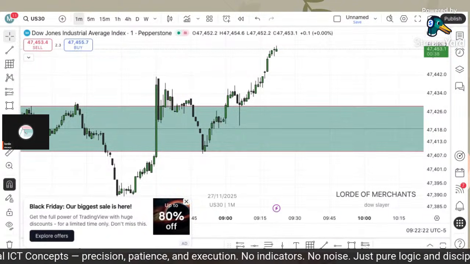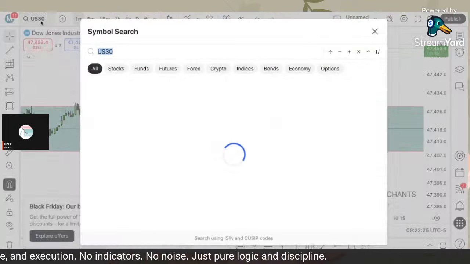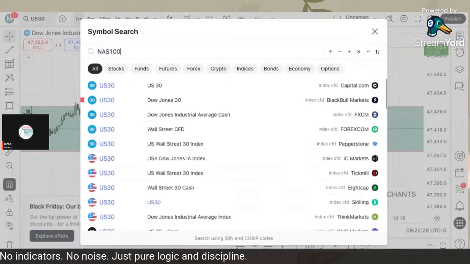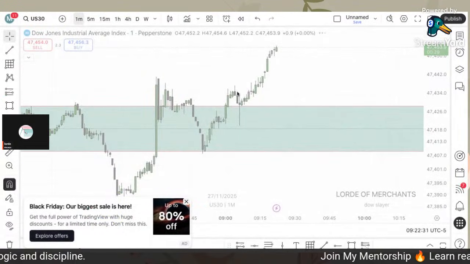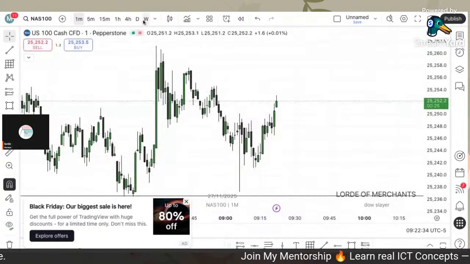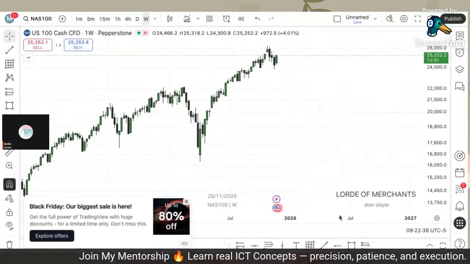Let's see what price is going to do in the next few minutes. As I wait for price to do that, I want to look at Nasdaq because I want to see which one will have volume today. But I'm sure US30 can deliver 50 pips. It's quite easy to deliver 50 pips on US30 compared to Nasdaq, because with Nasdaq, I don't think there's